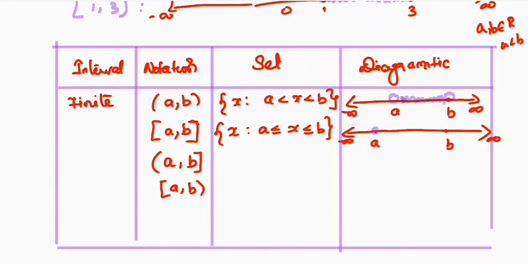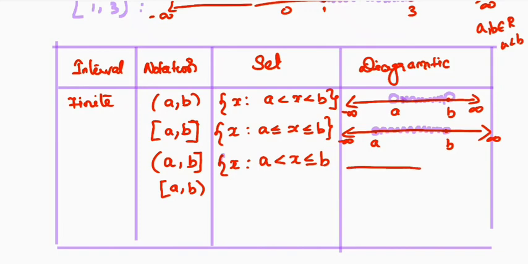So therefore, filled circle above that you have to mark, and in between the real numbers. Okay, so come to the next one. What is it? It's a half open closed interval. So A is in the A side, it is an open interval, that is parenthesis used, and B side square bracket is used. So it is a set of all real numbers such that A less than X less than or equal to B. Okay, A is not included but B is included.